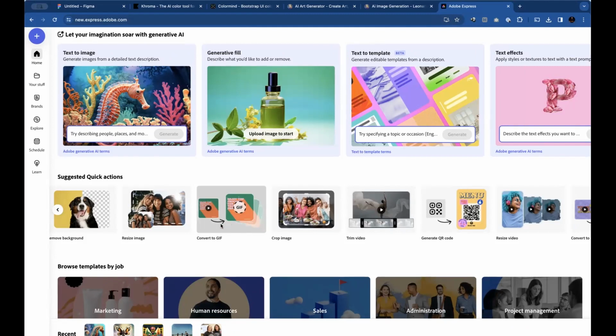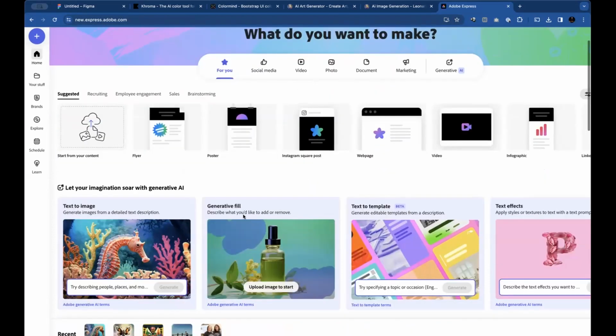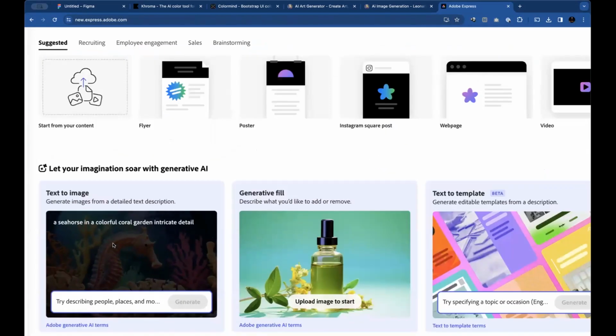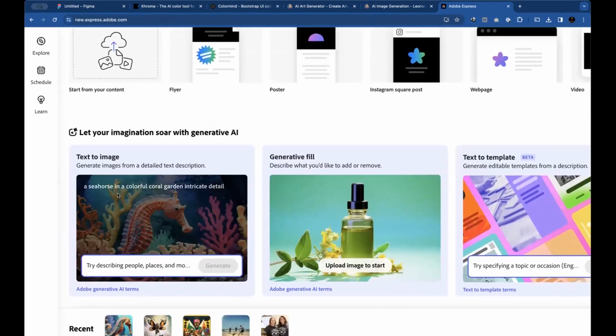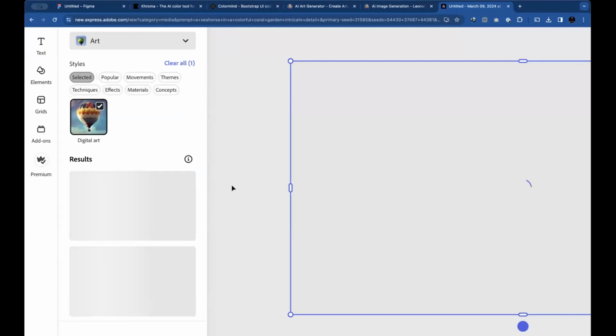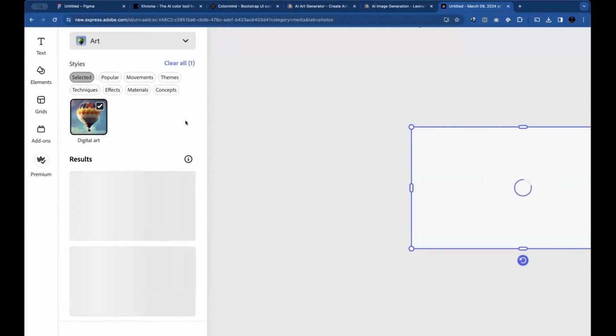And then you have this function here. So many functions, so many templates to pick from. That's all. So we are more particular about this. I'm zooming in so we can see text to image. So click on text to image. You don't write from here now, just click on it. Text to image. Okay.